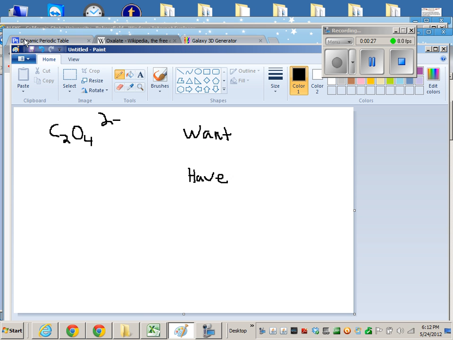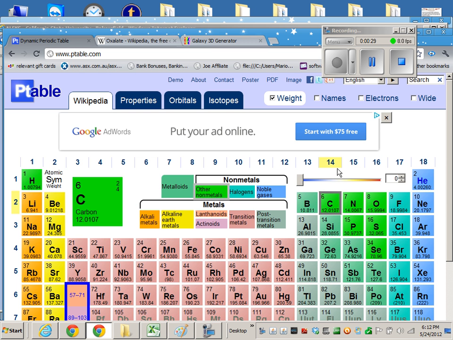So if I look at the periodic table, I see that carbon is in this fourth row. So it's like 1, 2, 3, 4 over. So it's going to have 4 valence electrons. If I find oxygen, it's 1, 2, 3, 4, 5, 6 over. And they both want to have the electronic configuration of neon, which is 8 valence electrons. So 1, 2, 3, 4, 5, 6, 7, 8. They want to have octets. So with this in mind,